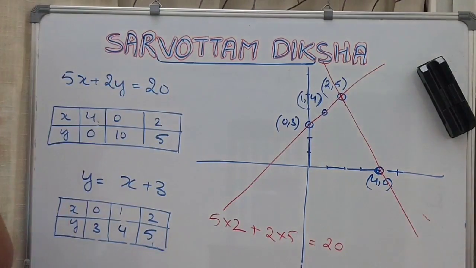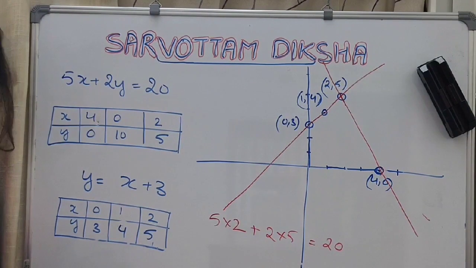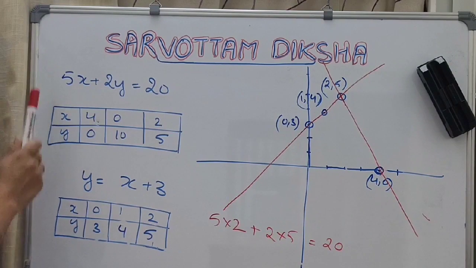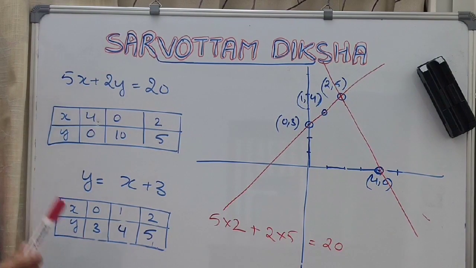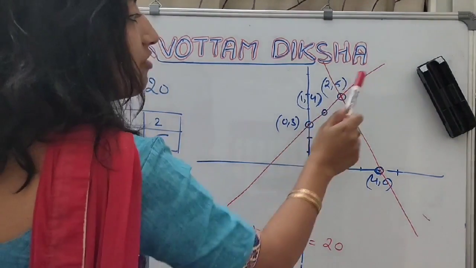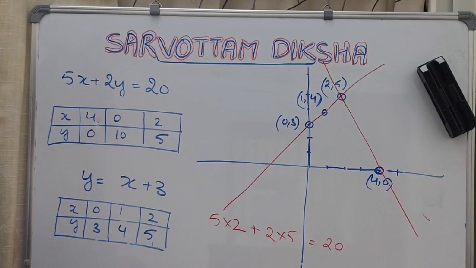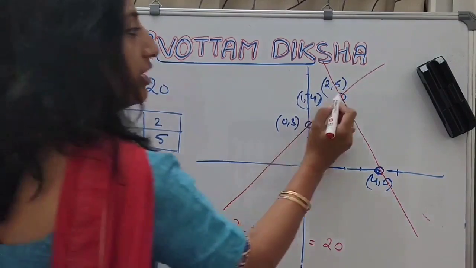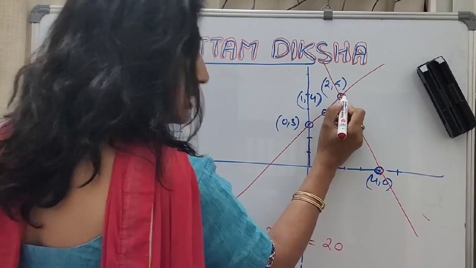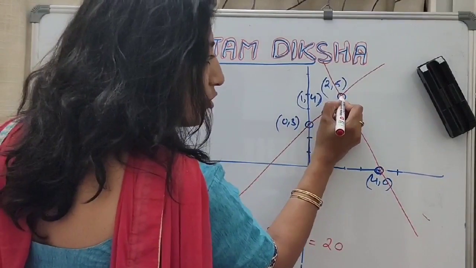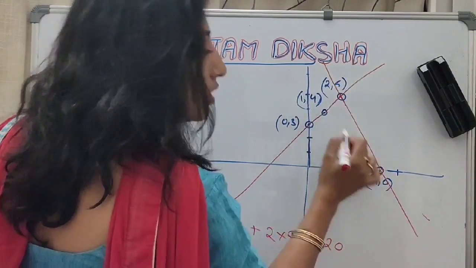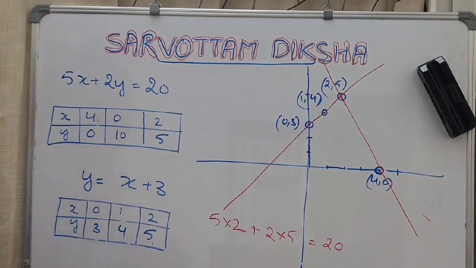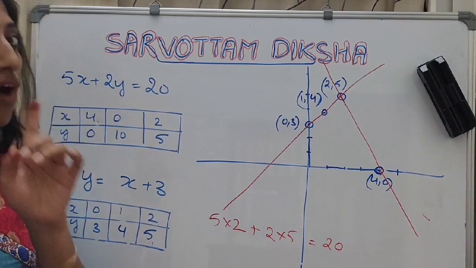Actually, if I need to know a particular set of x and y, then I always need two equations, and the common value of x and y which satisfies both the equations is called the solution of linear equations in two variables. It is nothing but the point of intersection of the two lines, because this point, if you see, lies on both lines, and there can be one and only one common point for two lines.